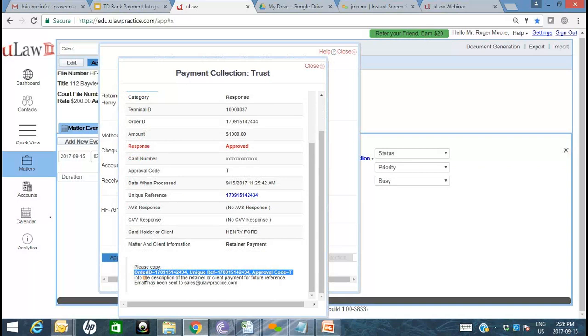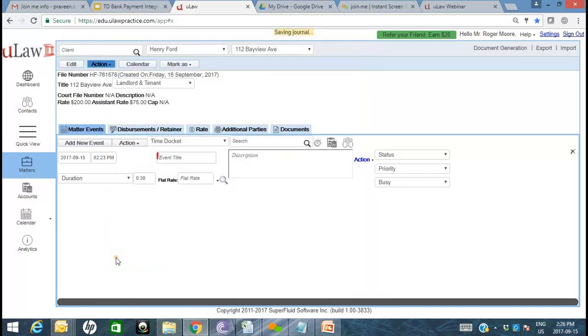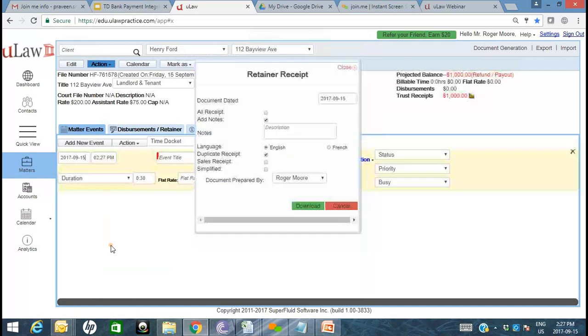Okay, that's what we say. We say, please copy the entire information for future reference. All you've got to do now is say all of that. It is free text. You can give them a receipt as when Henry Ford is still out there, and you hit apply. So Henry Ford came into your office, you took his information, you took that first retainer